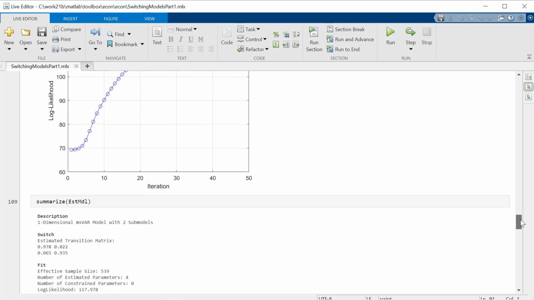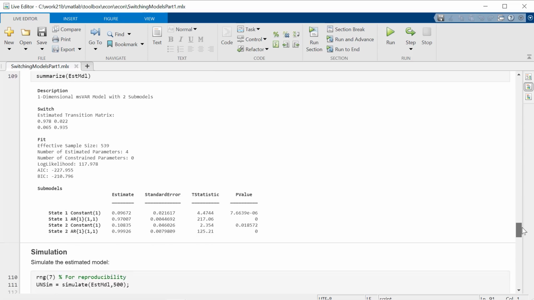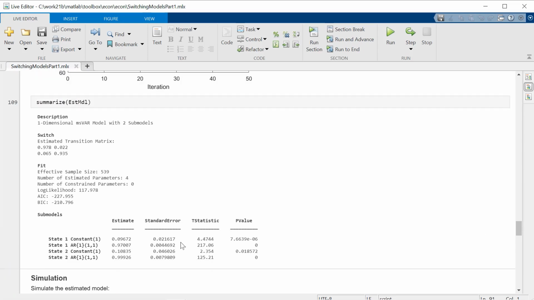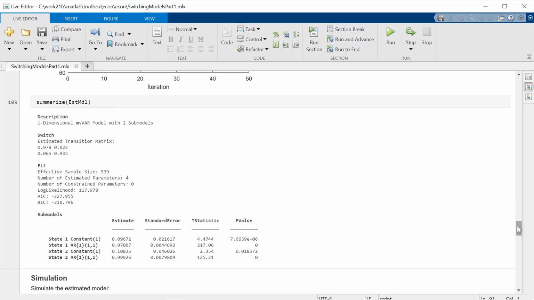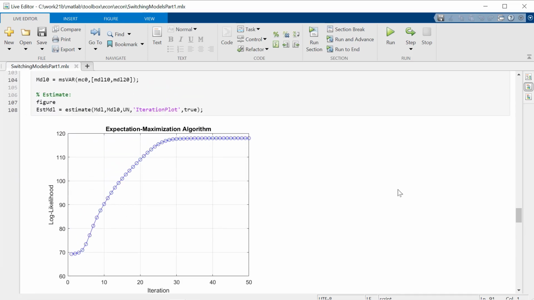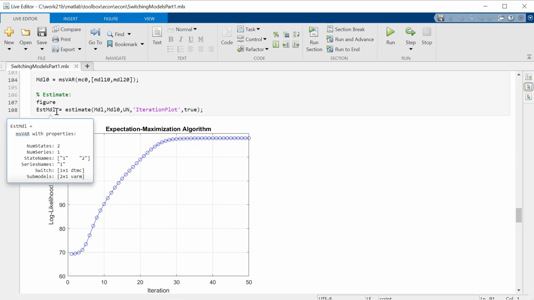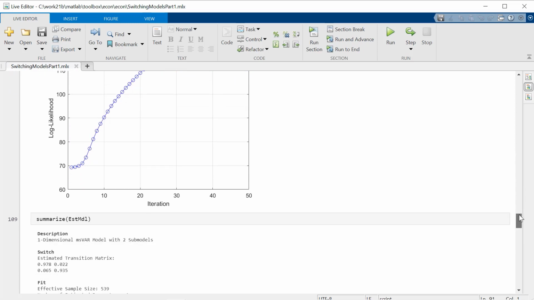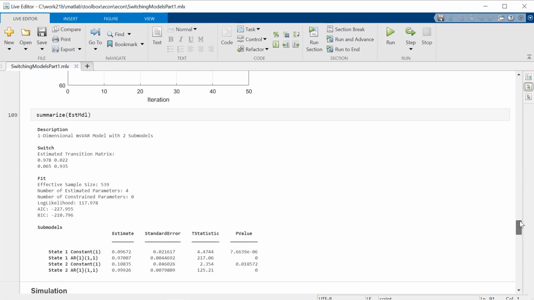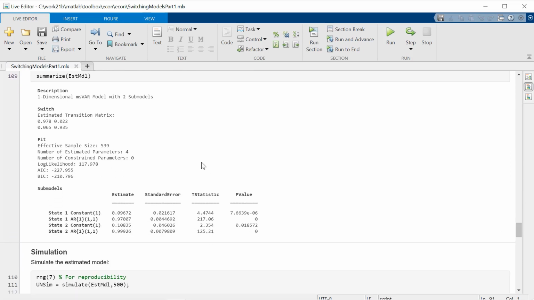To see the results of the estimation, the best way is to use this summarize method. You say summarize the estimated model. The estimated model is, of course, what came out of our estimate command here. This is now a fully specified switching model with all of the parameters estimated based on our unemployment rate data.